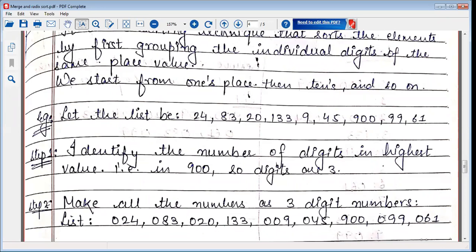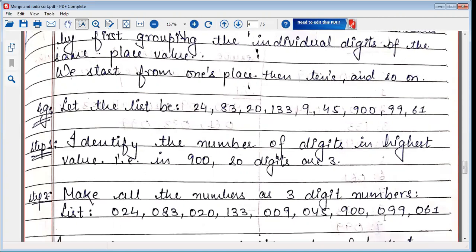Once you have this list, now I need to start performing the processing on the given data. How are we going to perform the processing? We are going to start with a certain number of passes, and in each and every pass, we are going to maintain buckets. Now the question is, how many buckets are required?